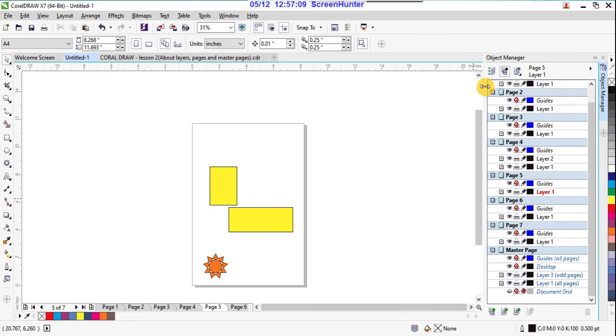So this is very helpful when you design books, magazines, and any design that has many pages. It is really useful, right?